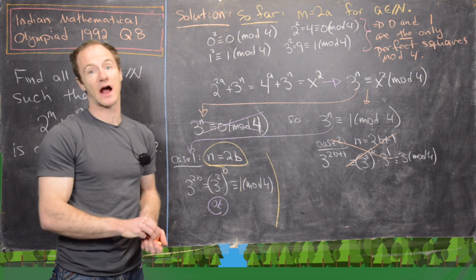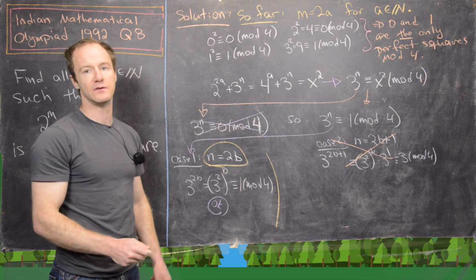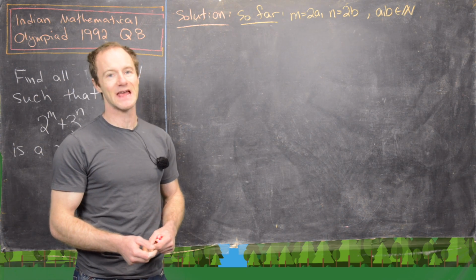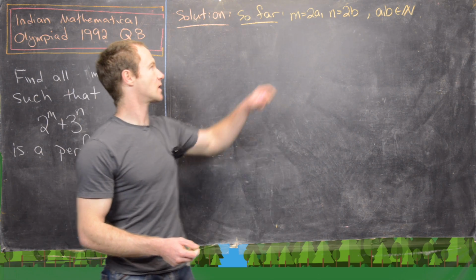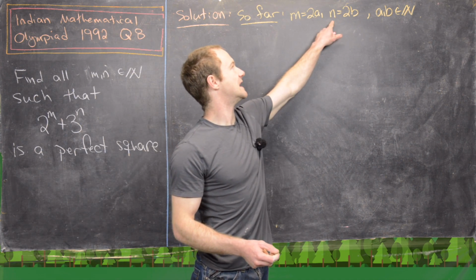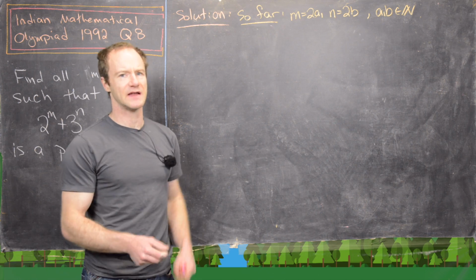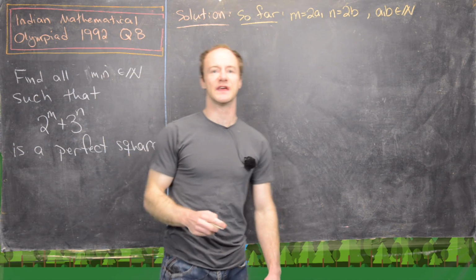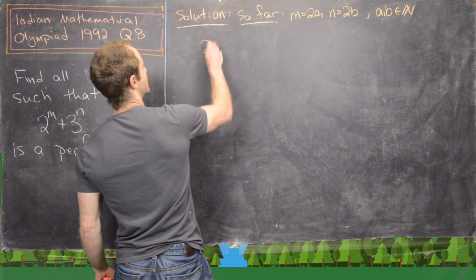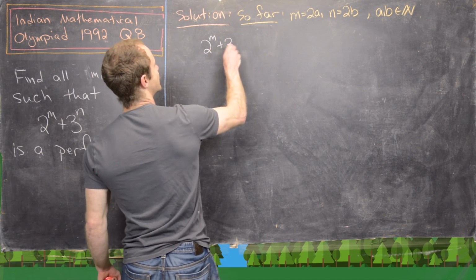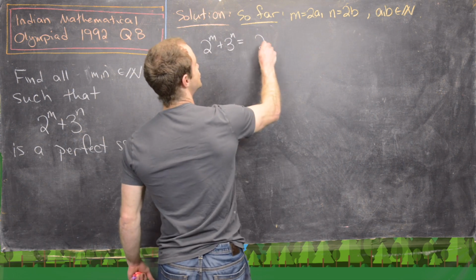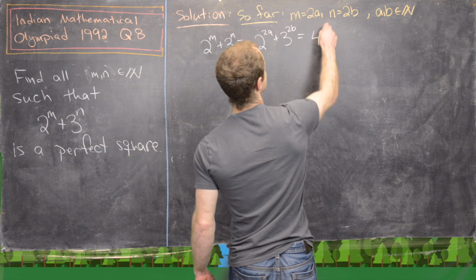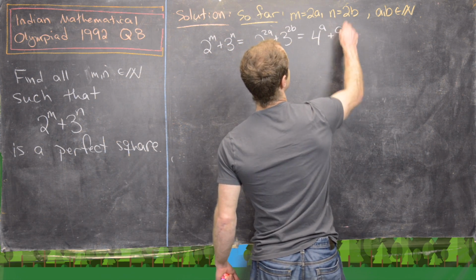So now let's go ahead and clean this up. We'll add that to our so far part of our solution and then move on to the next part. On the last couple of boards, we have determined that m and n are both even. So in other words, we can write m as 2 times a and n as 2 times b, where a and b are some natural numbers. And now we can rewrite this object 2 to the m plus 3 to the n in the following way. So that's going to be 2 to the 2a plus 3 to the 2b, so that's obviously 4 to the a plus 9 to the b,